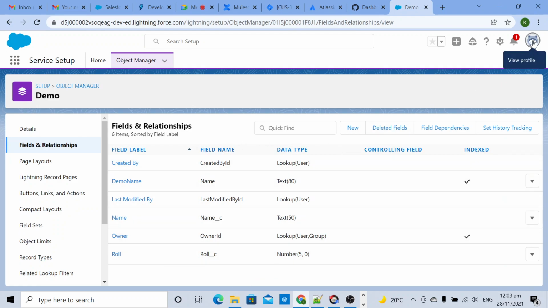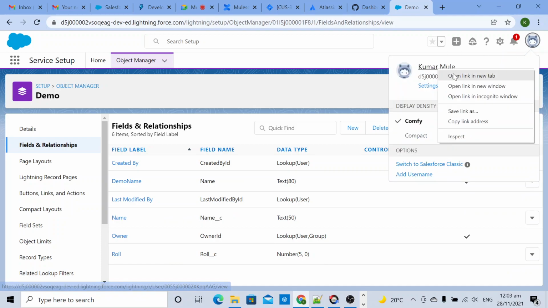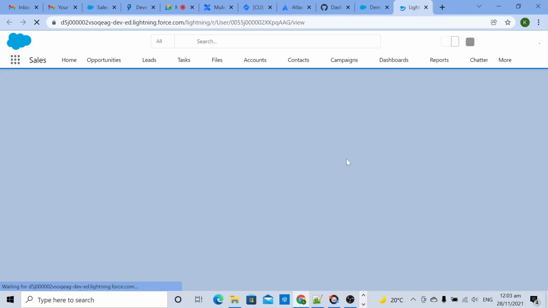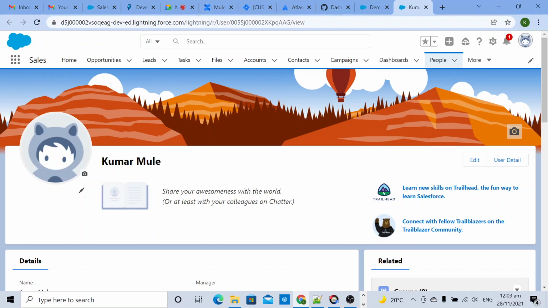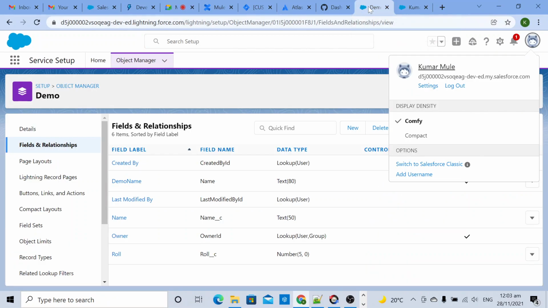Now once you are done with this object, you want to insert data. So here click on this option, and on top of your name do a right click and open in a new tab. So here you will get another window. You will see all the objects here. Now I want to add my object here, the demo object. You can't see it here since it's inside More. So how will you add this demo here? For that you need to go to the first page again, and here inside Home